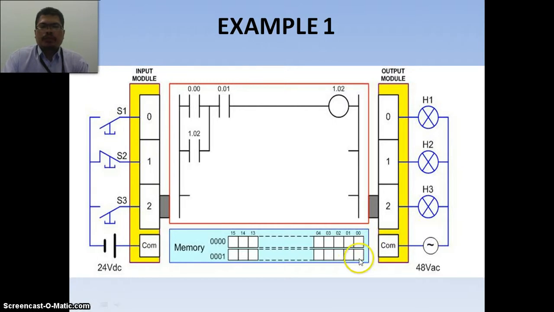If the output is 0, this indicator light will be off. If the output is 1, the output module here will be on.